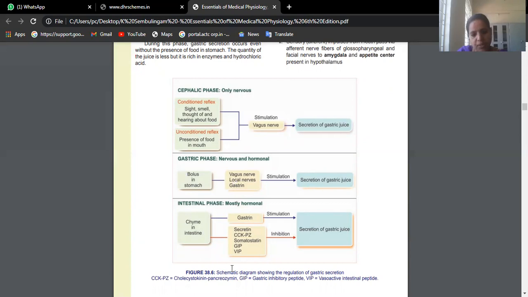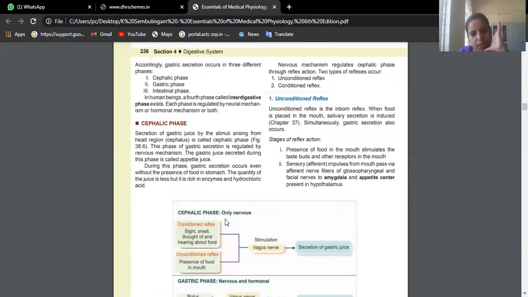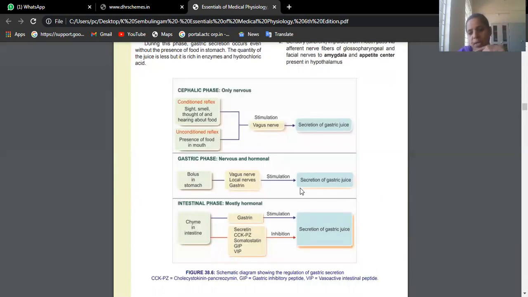What, Ritika? Ma'am? See, we are talking about gastric juice now. So the role of gastric juice will be there only in the stomach. Now the food has moved from the stomach to the intestines. Do you think gastric juice is still required?